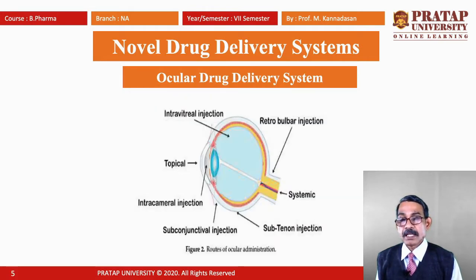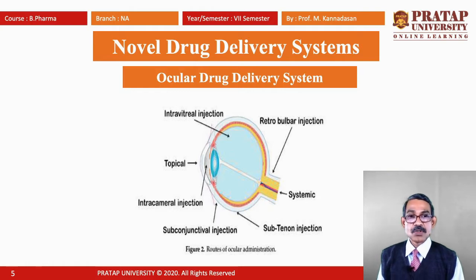As I told in the previous point, these are the various routes of drug administration in the eye. Here they have very clearly given a picture illustrating, from the top to down, in the clockwise direction, retrobulbar injection. The diagrammatic illustrations show where the drugs are to be injected, the routes of drug injection to the ophthalmic system, with different parts of the eye illustrated in the figure.